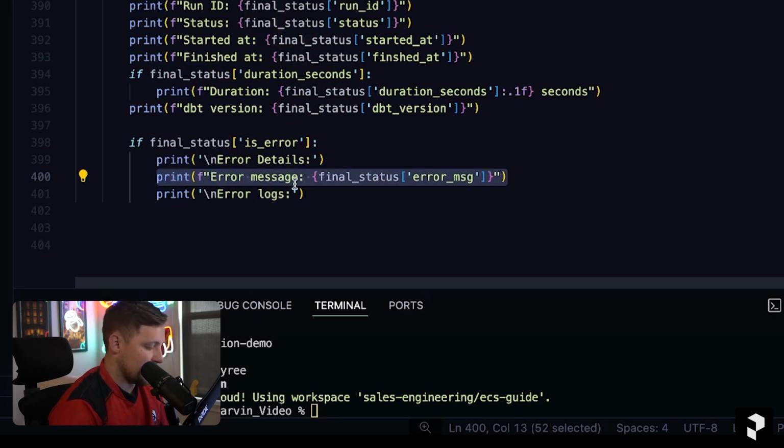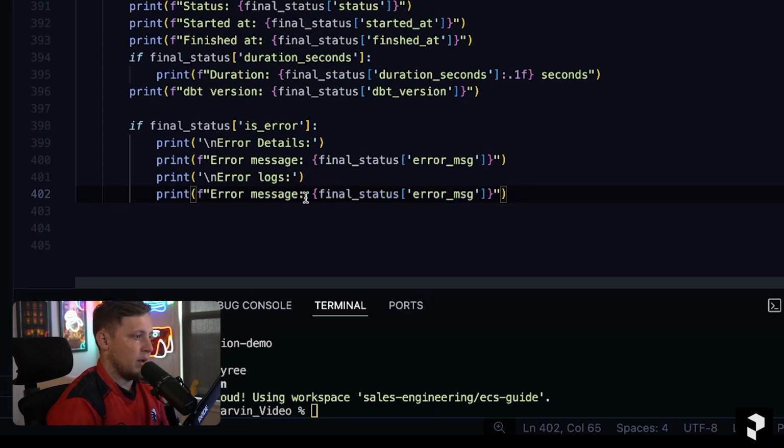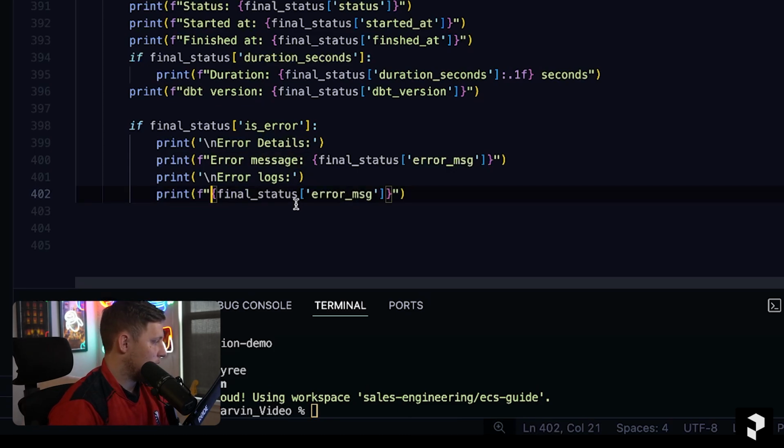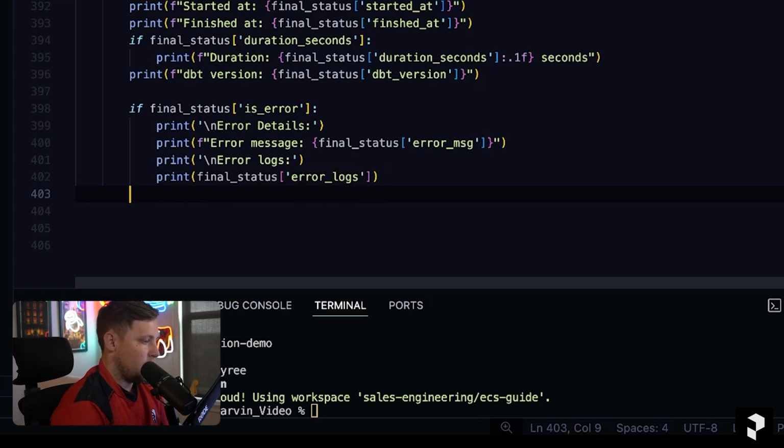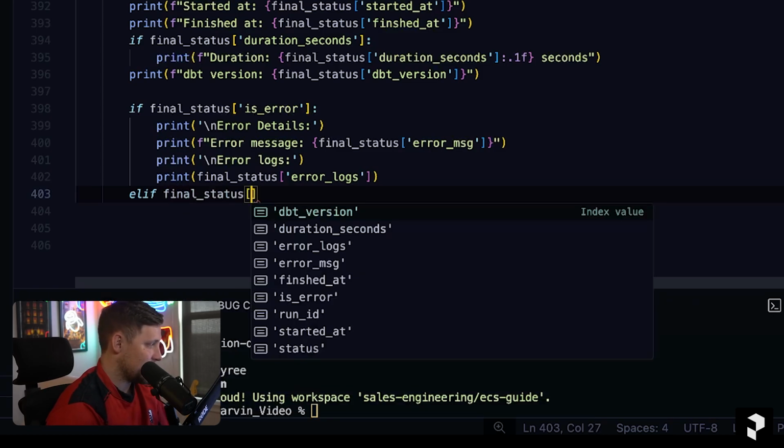So we'll copy and paste this in. Print. We don't really want any messages here. We just want this to directly print out the error logs. Instead of error message, we want error logs. So perfect there. And we'll throw in an elif if the final status, if it's canceled